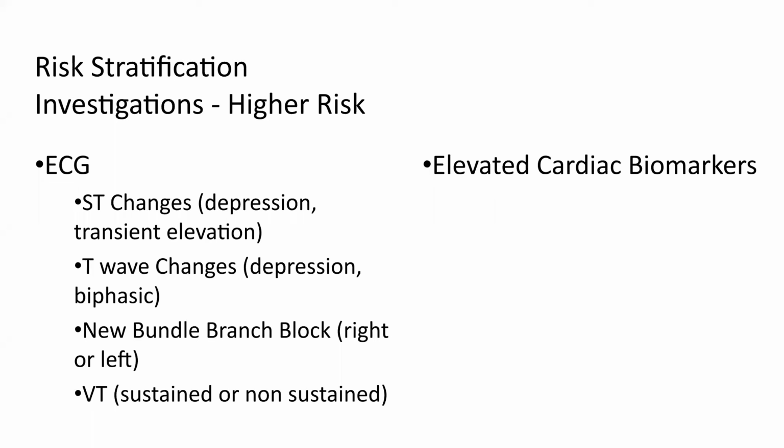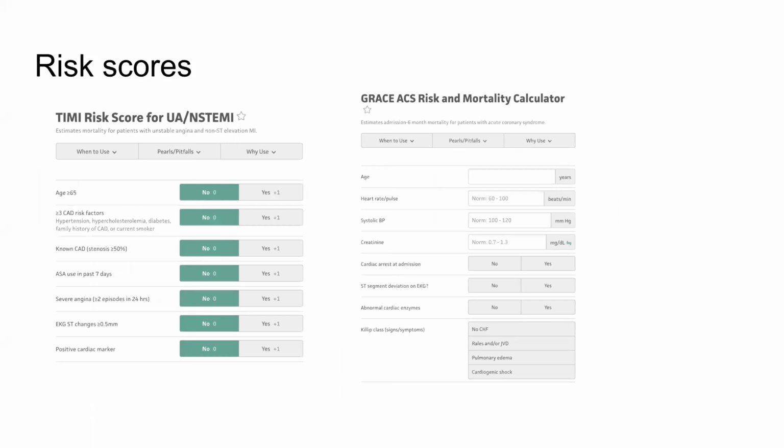non-ST elevation MI. T-wave changes like depression and biphasic T-wave changes. Obviously, any arrhythmias increase your risk of complications, and elevated cardiac biomarkers. So all of these things go into your risk assessment of someone who comes with a non-ST elevation acute coronary syndrome. And there are different risk scores, and there are some calculators you can find online, and they're free, where you can put in all the risk factors